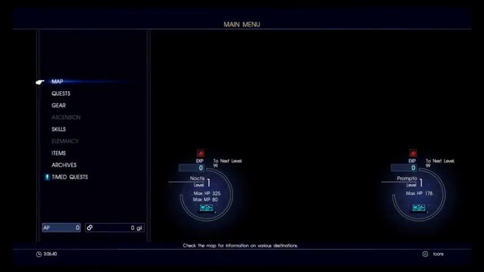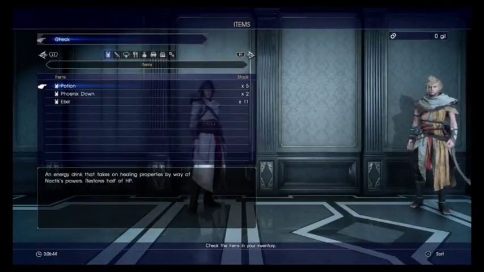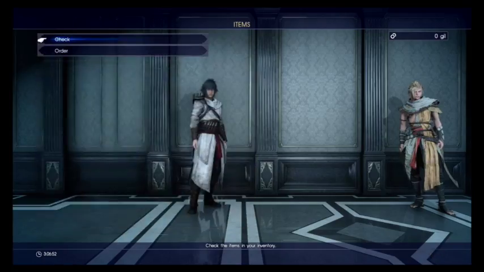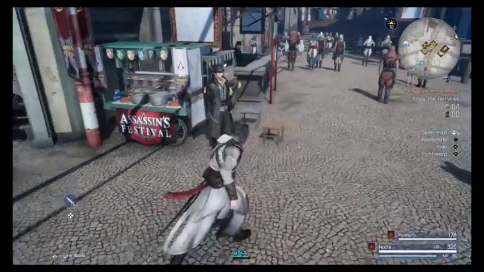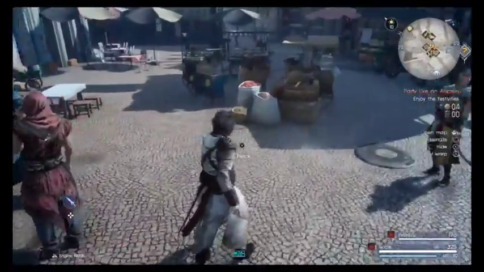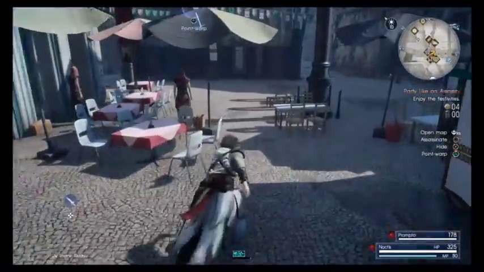So now, what can we do? Okay, well, if you check your items and actually see what that is, the Pendant of Truth, an ostensibly ancient artifact marked with the symbol of some organization, marked with the words, "Purple is the color of lies." Now, where have we seen purple lettering before? Well, we saw it on the gas pumps, and we've also seen it on the Storm, because the Storm...